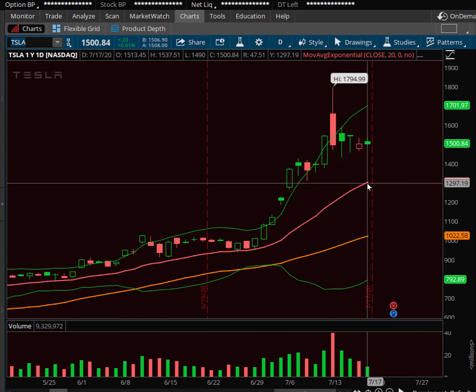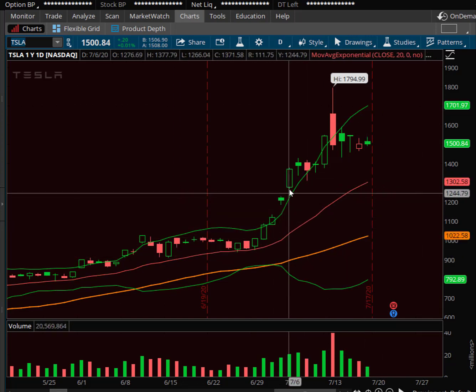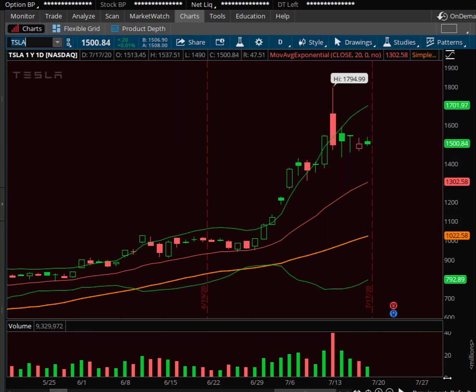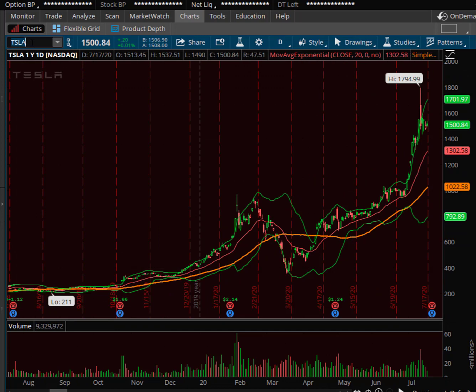You got to go with something. Maybe the red, maybe the orange as potential stops. But look what happens when you start getting full candles outside the upper Bollinger Band. There's usually a reversion to the mean. It got inside a little bit, then we had a blow off top, and here we sit. I have no idea what's going to happen come Thursday with this earnings report, other than it probably will have